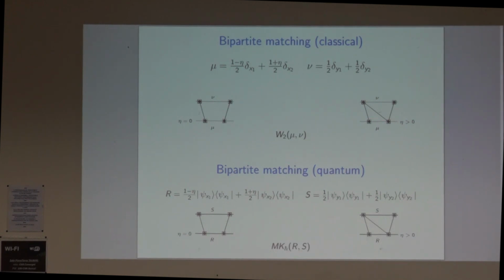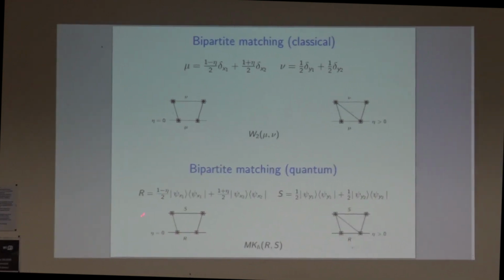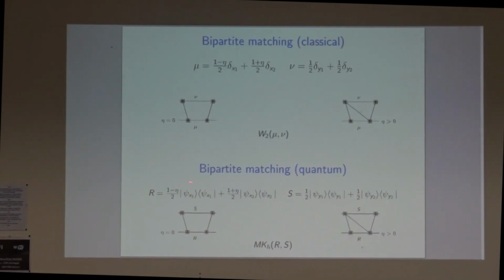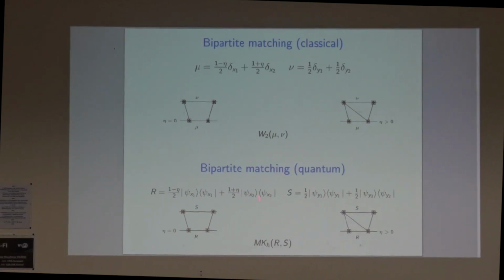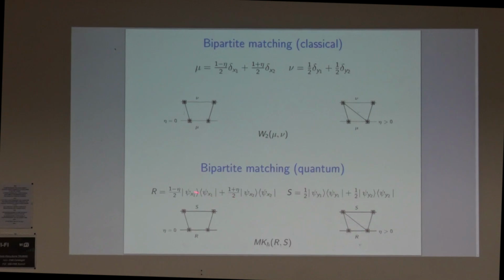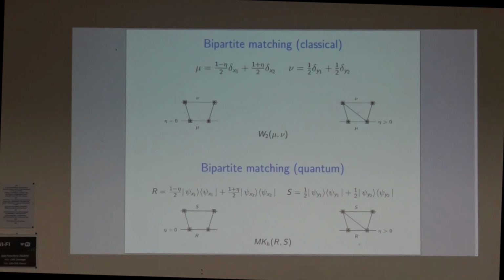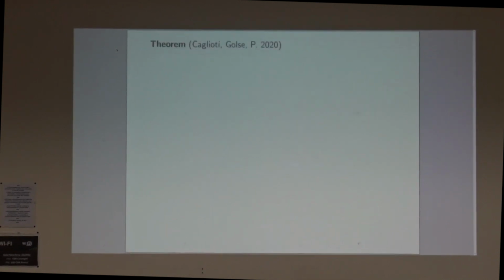At the quantum mechanical level, what do you have? You have two density matrices, R, which is exactly the sum of the Gaussian function I introduced before. Here you have a sum of two projectors on the Gaussian state I had before. The same for S, and then you can compute this. And the result